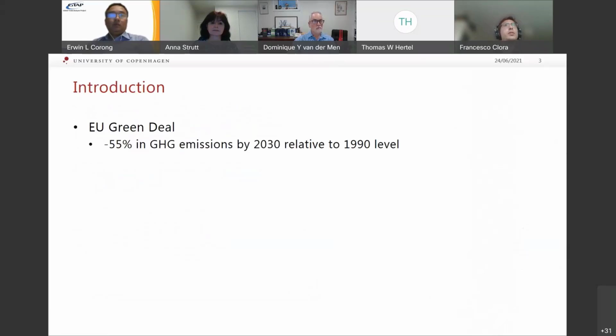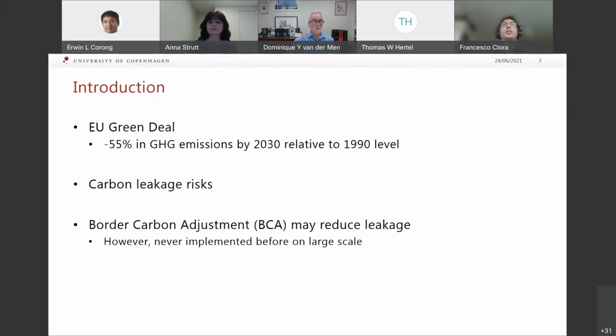First of all, we know that with the EU Green Deal, the EU is aiming at reducing emissions by 55% by 2030 relative to the 1990 levels. And we know that unilateral carbon policy, as also explained in the previous presentations, can lead to carbon leakages, especially in industries which are energy intensive and trade exposed, such as cement, chemicals, steel, aluminum, and some others. To counteract carbon leakage risks, the EU is at the moment evaluating whether to implement a